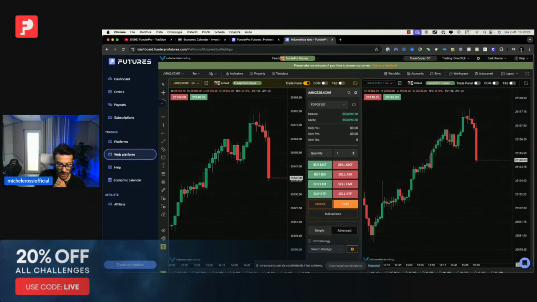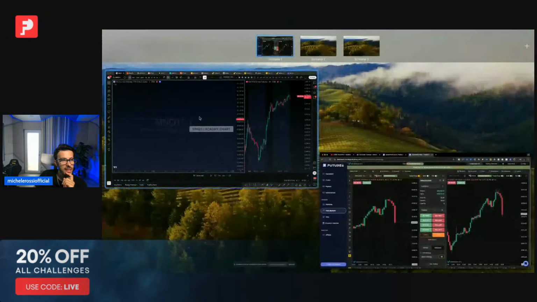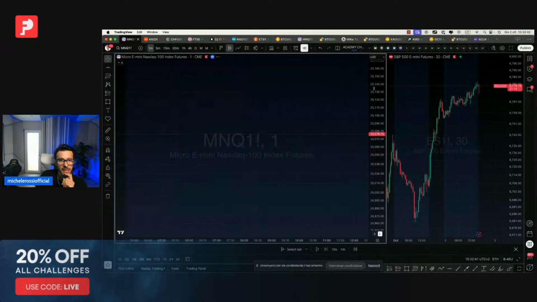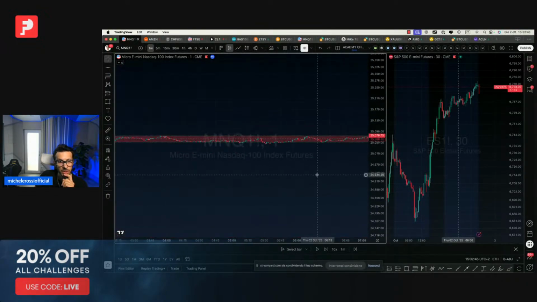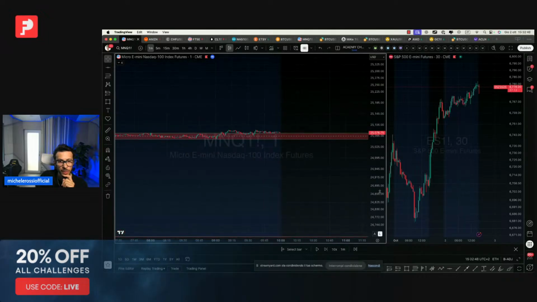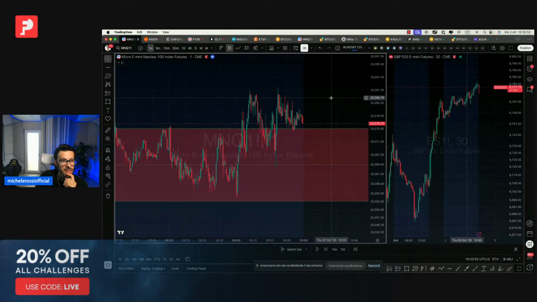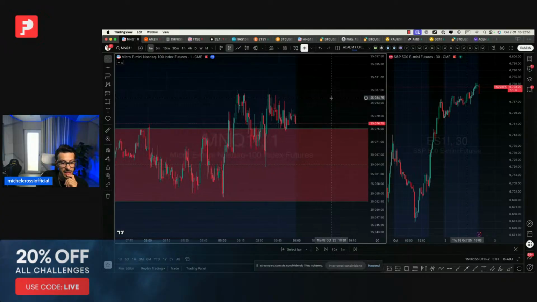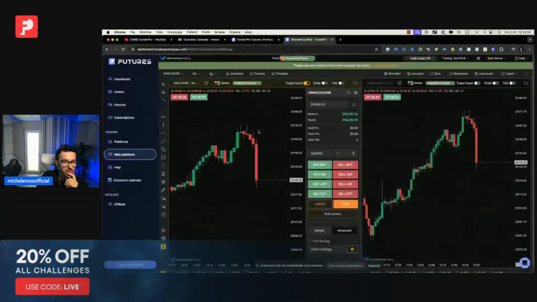Yes, that I agree, the greater amount. It's best to look at the market structure rather than an indicator. I don't use any indicators except for the VWAP. That's the only indicator that I've ever used. The VWAP, the volume weighted average price. That's the only indicator that I personally use.